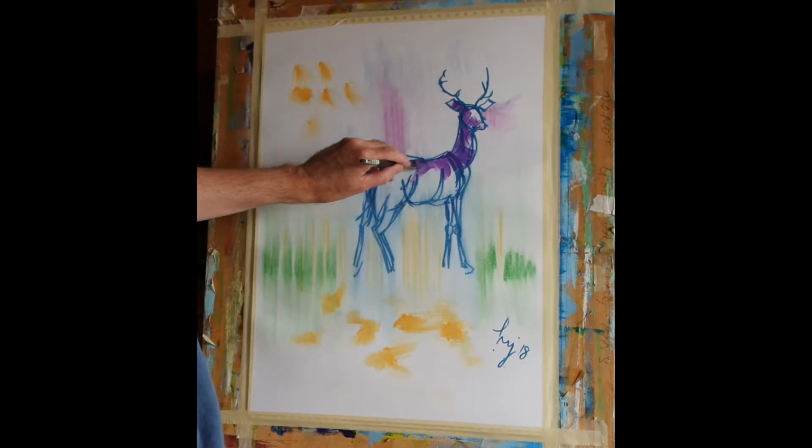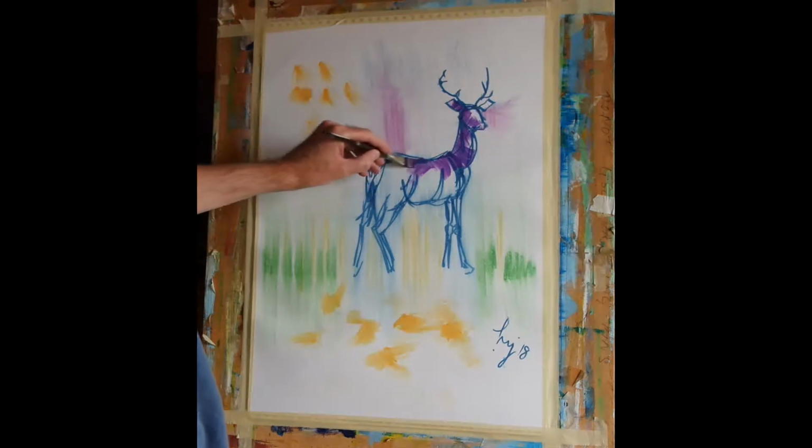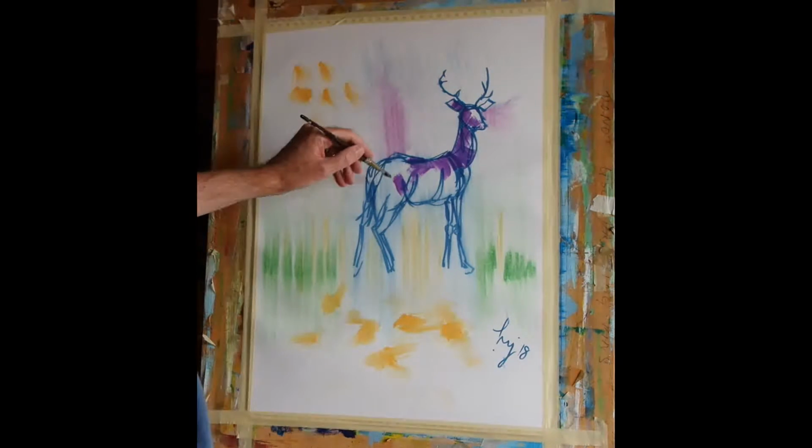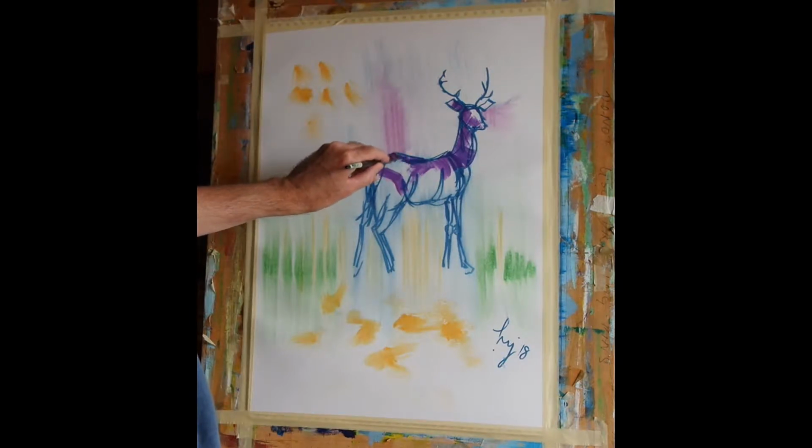And the deer itself, of course, isn't really purple in colour, but when I was looking at the reference I had, which, by the way, normally I work from my own photographs or my own video footage, but I was a little bit short of